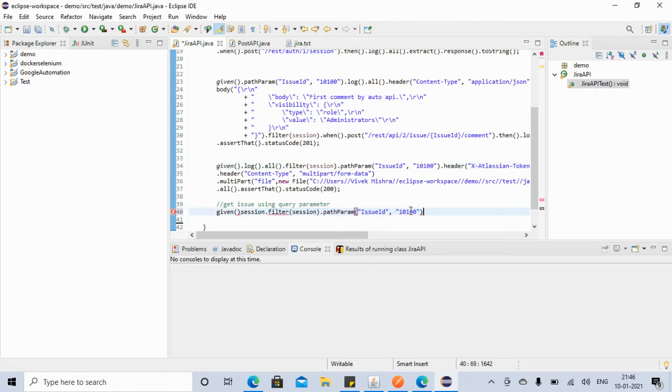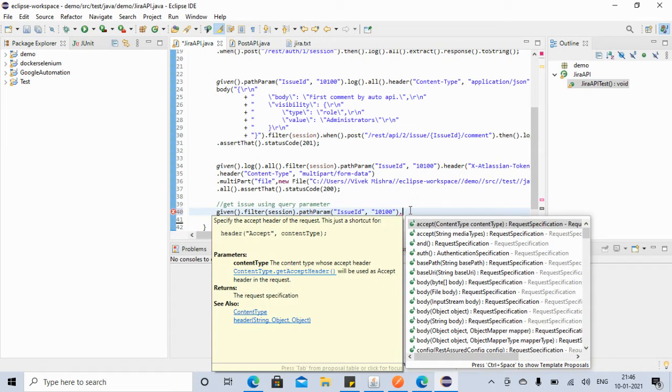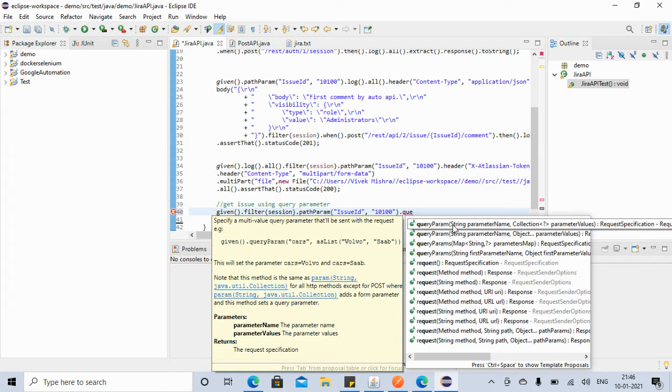Okay, so we can provide the session, and we can provide the path parameter here, and then we can provide the query parameter also. So say dot query. If you don't want to provide the query parameter, that's fine, but if you want some specific one... why is it giving the error? Session, right? Filter, so we don't need the session like this, dot filter. Okay, and then dot, if you have a query parameter, let's provide the query parameter here.